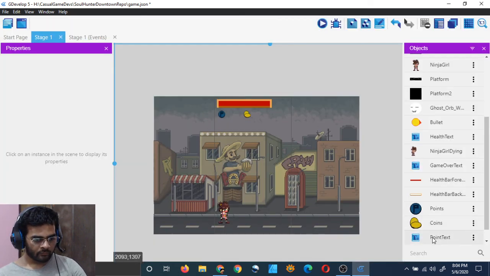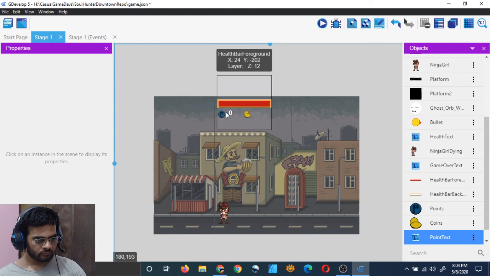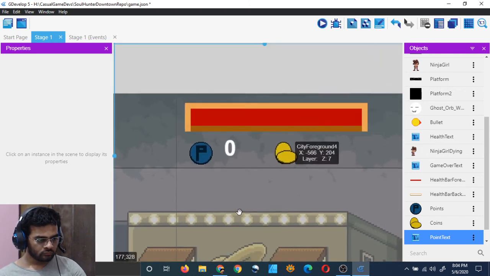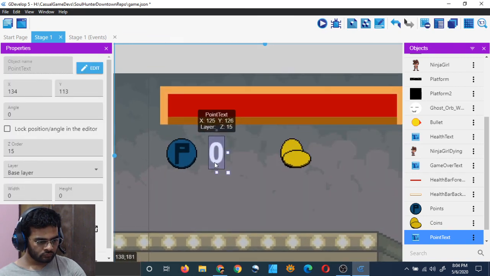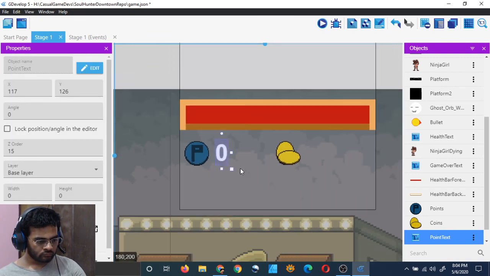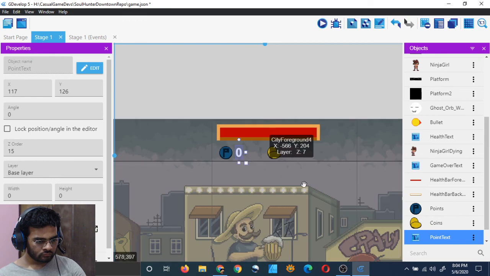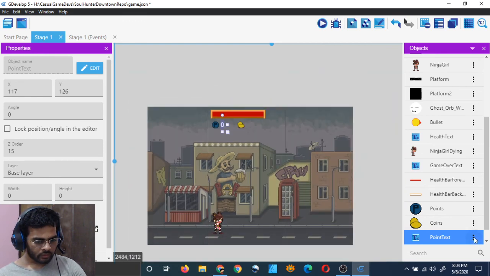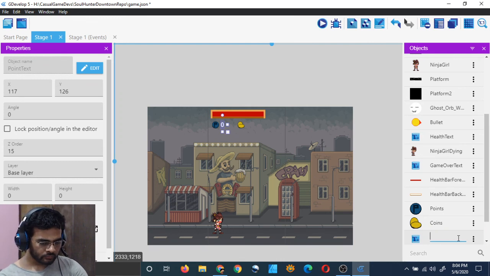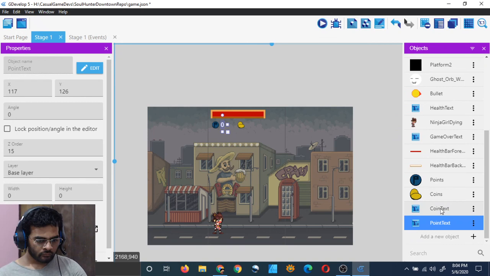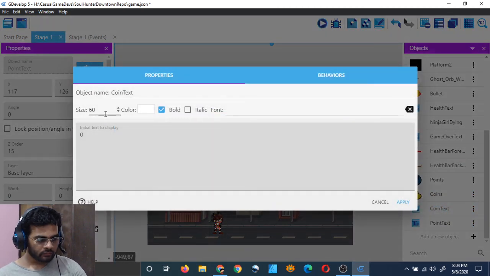Just duplicate it and type coin text and coin text again, color white 0.